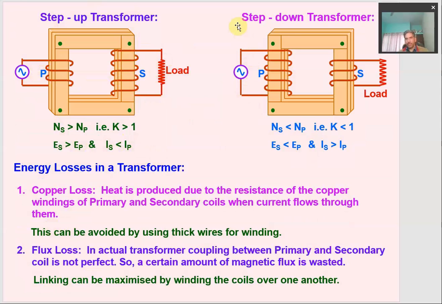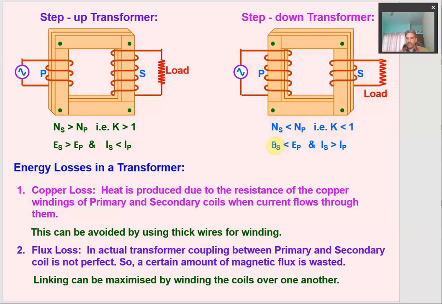And another kind of transformer is the step down transformer. It is used to lower the voltage from some certain high value. Again, from the transformer ratio, in this particular case the number of turns in the primary coil is higher than the number of turns in the secondary coil. For this, the transformer ratio is less than 1 for a step down transformer.